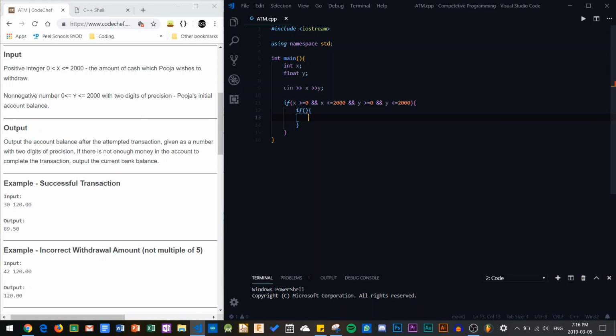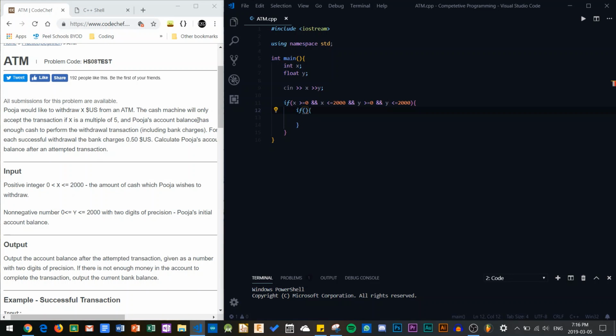We also have to keep in mind that x is a multiple of 5, so let's do that one first: x modulus 5 is equal to 0. What this does is divide x by 5 and get the remainder. If it's divisible by 5, the remainder is going to be 0 because it's perfectly divisible. We're going to have to use the and statement again because there's 2 conditions. So, and y must be greater or equal to